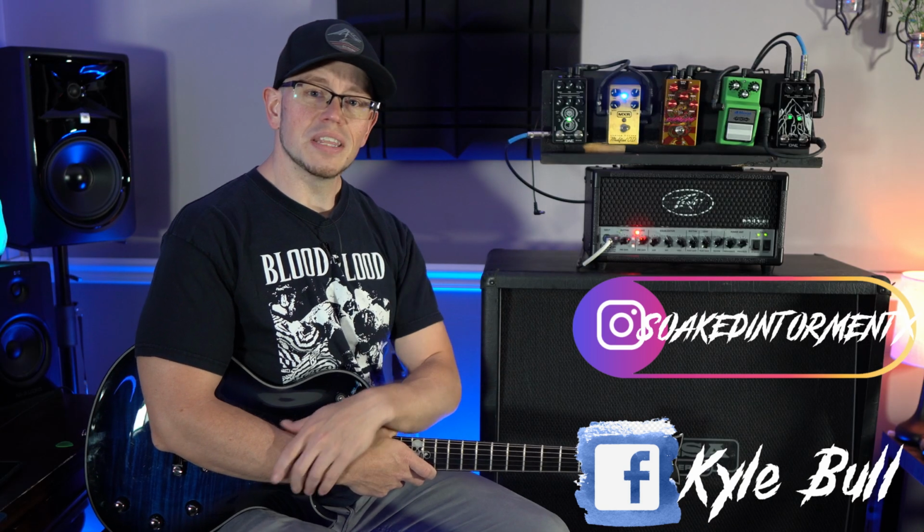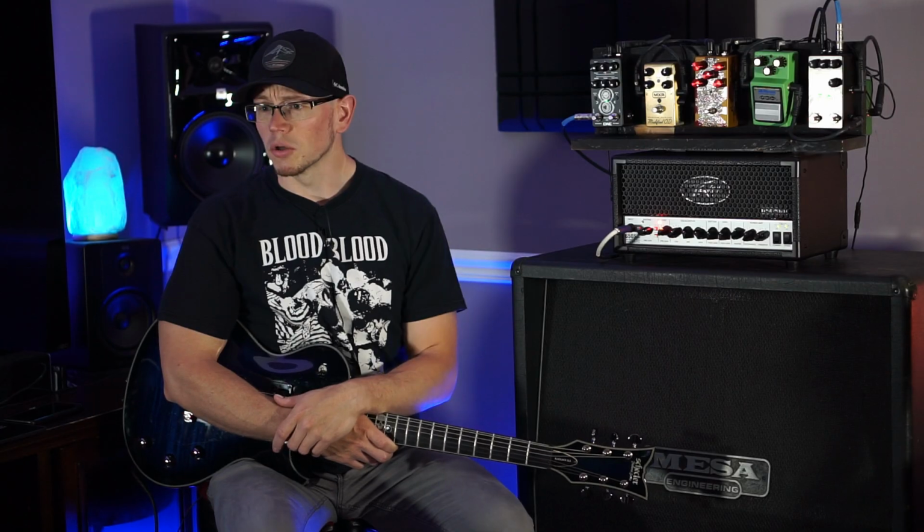So, this was actually the first lunchbox size amp that I ever owned. I had one of these probably 4 years ago, not long after they were released. I got it. I was super impressed with it. I actually really liked it. There are a couple things that I didn't like about it, and we'll get to those in a minute, but overall, it does a really good job of getting that 6505 tone without having to break the walls down, shatter